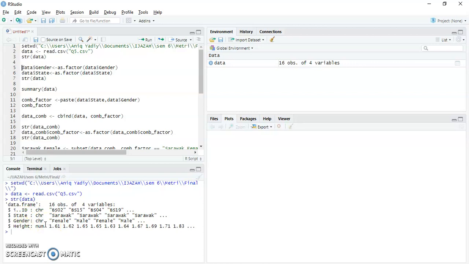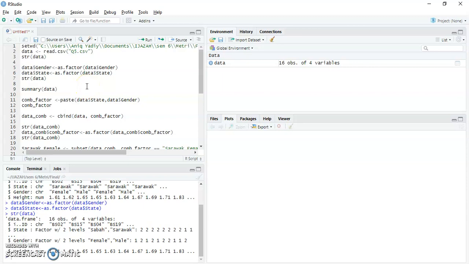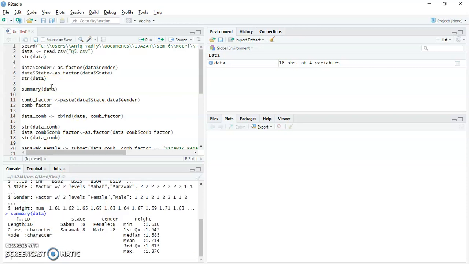It's supposed to be a factor, so we change it to factor using this script, and we can see again it has been changed to factor. So we do a summary for our new data. As we can see, it reads the data nice. It's okay now,